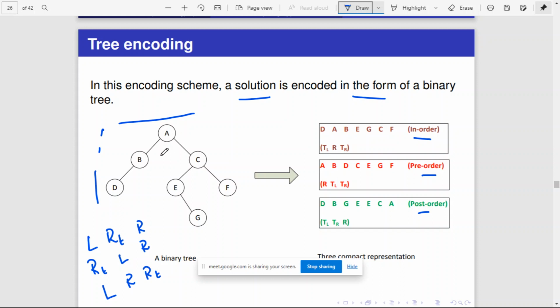So if you traverse this tree in order, first you have to go for left. You start with the root node. Is this the leftmost child? No. Does it have any left child? Yes, so go here. Is this the leftmost? No. Does it have a left child? Yes, so go here. Does this have any further left child? No. So visit it: D. After left, what do you have to do? Root. So go back here. This is the root of some subtree.